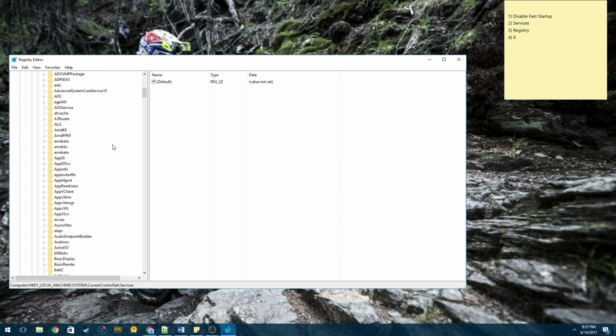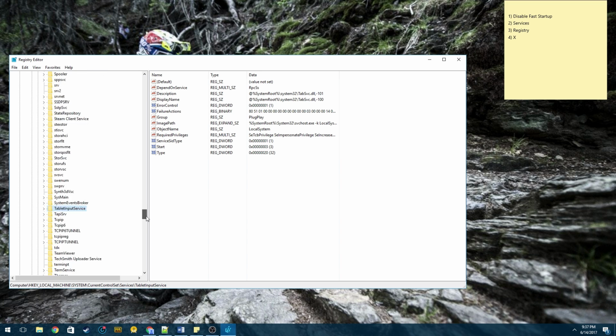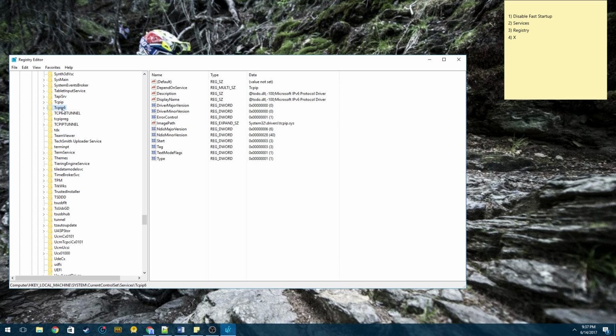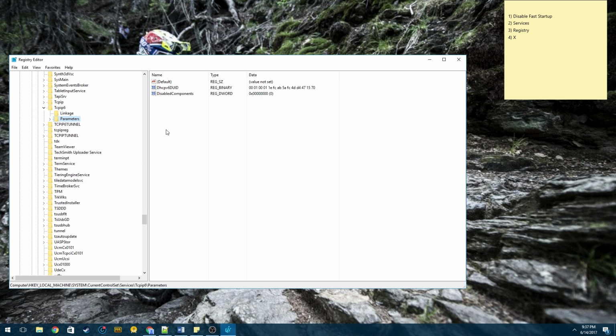And when you're navigating here, it's the same way. I believe you can just type in T. You're going to look for Tcpip6 right here. Double click that and then go to Parameters, and you'll see in the right side here